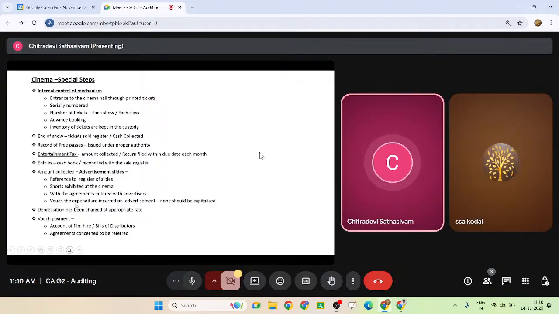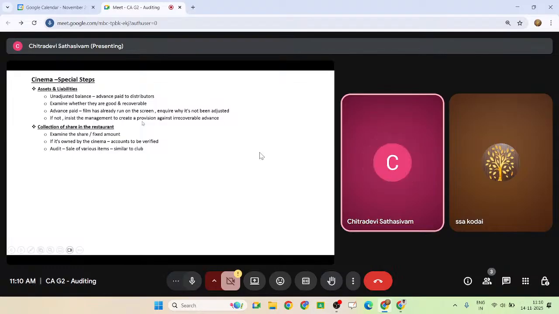So whatever I said like a story, you can see these key points over here. Again, if you read the institute material, they would have given every point paragraph-wise. Same points only, but you cannot reproduce all those points in paragraphs, but you have to understand the key points completely. And the most important thing is, what to say, unadjusted balances.